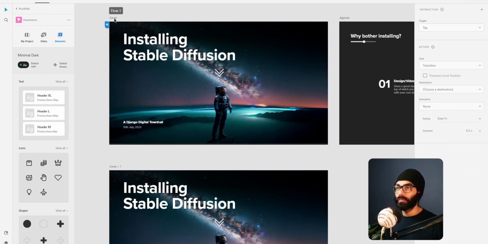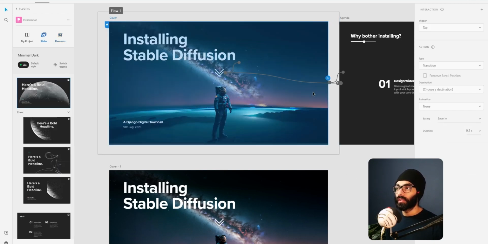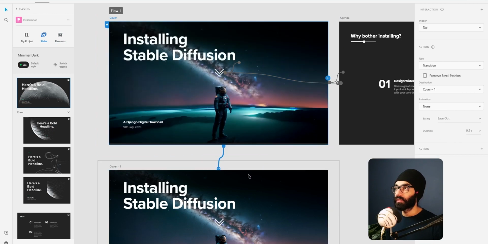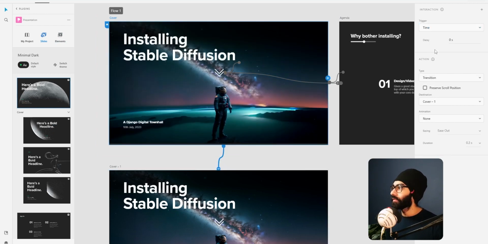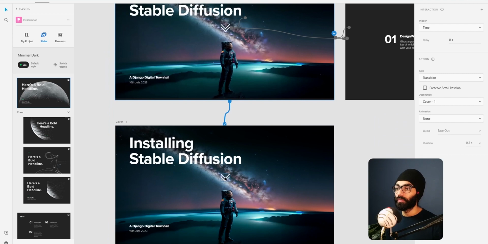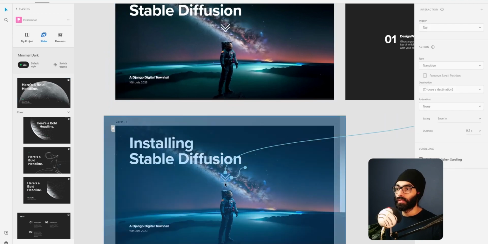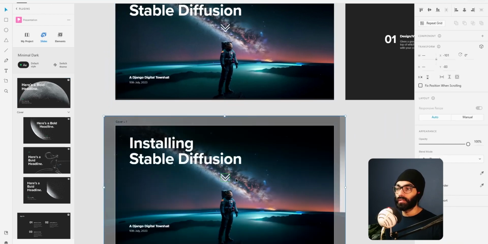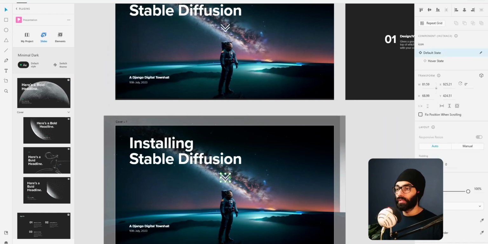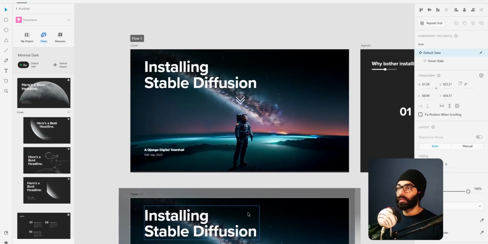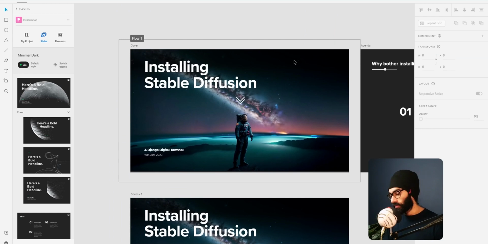You want to select the artboard, so click on the word cover, and then you make a link. So now you're going to get a trigger for time. Then you set the delay to 0.3 seconds, and importantly, you want to take this thing in your design and move it down. Now ideally what should happen is when you do Control Enter,